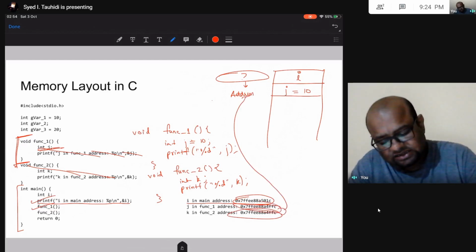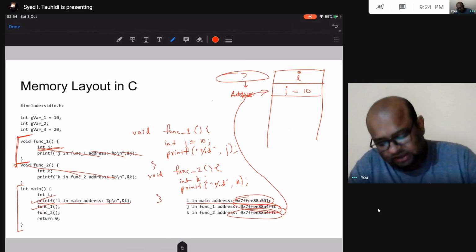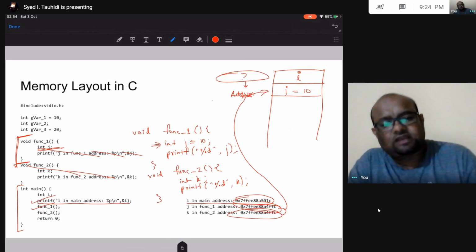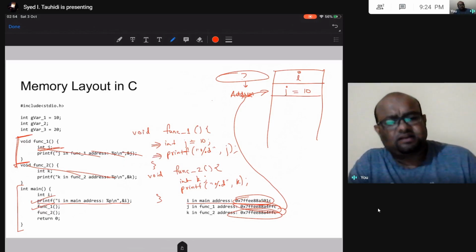This is the address. So in this I have set this address equal to 10, integer 10, in this line. And in the next line, I am printing this 10.